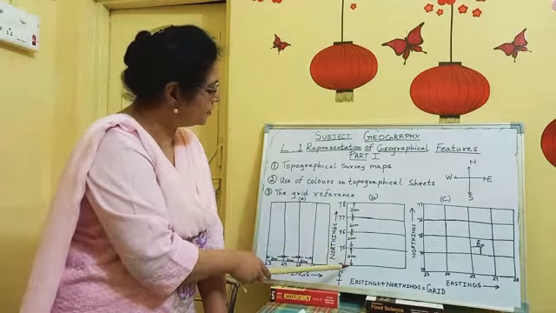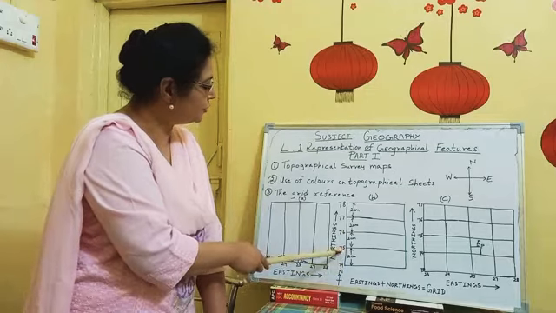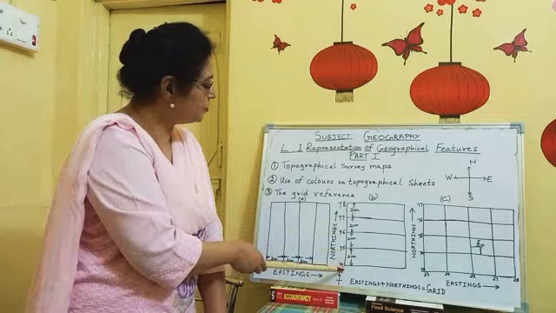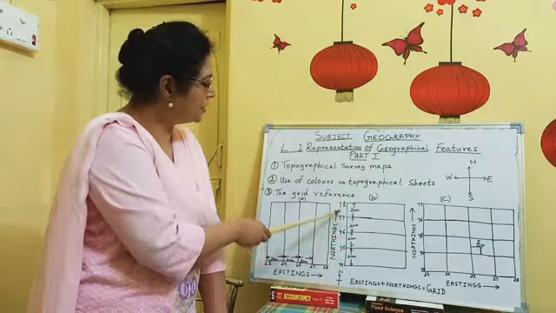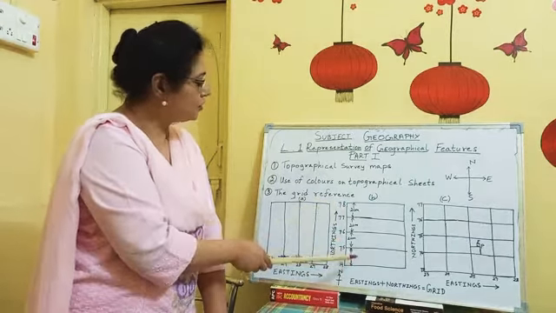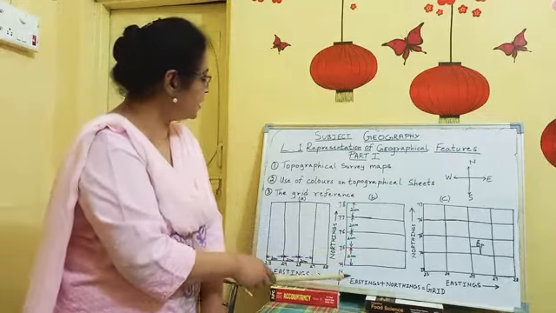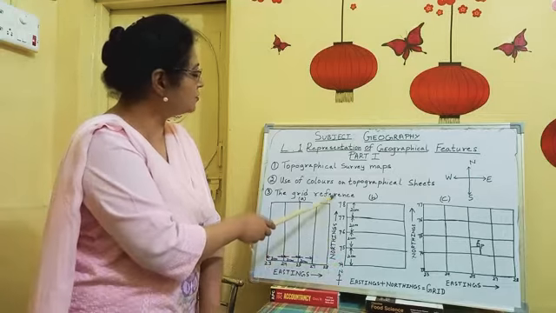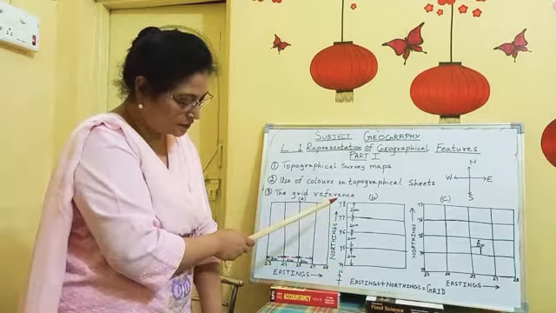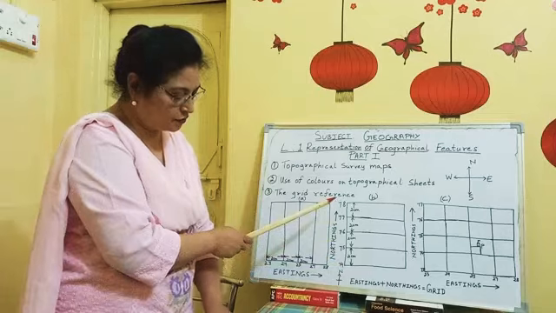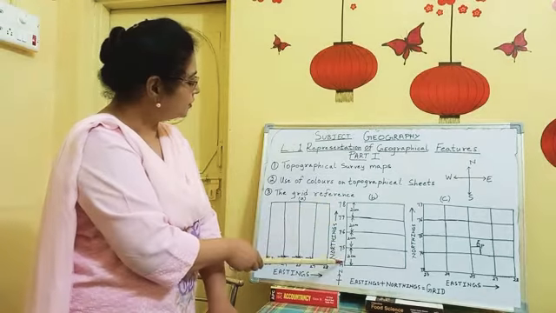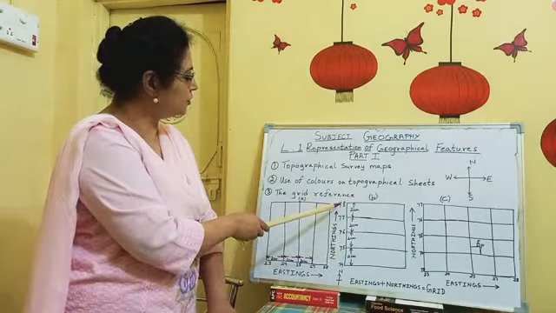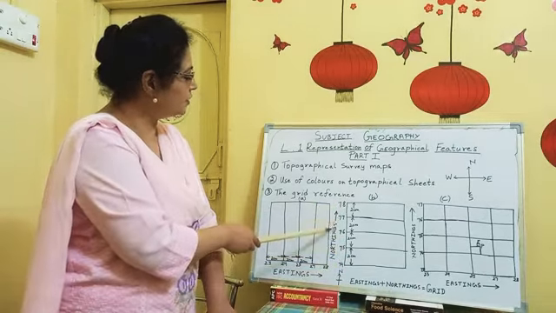You can see it is beginning from south, that is 74, 75, 76, 77, 78. It is starting from the south and it is going upwards towards the north. So what are these known as? They are known as northings, because it is going towards the north. The horizontal lines which are numbered from south to north are called northings. It begins from the south and it goes towards the north, and they are known as northings.